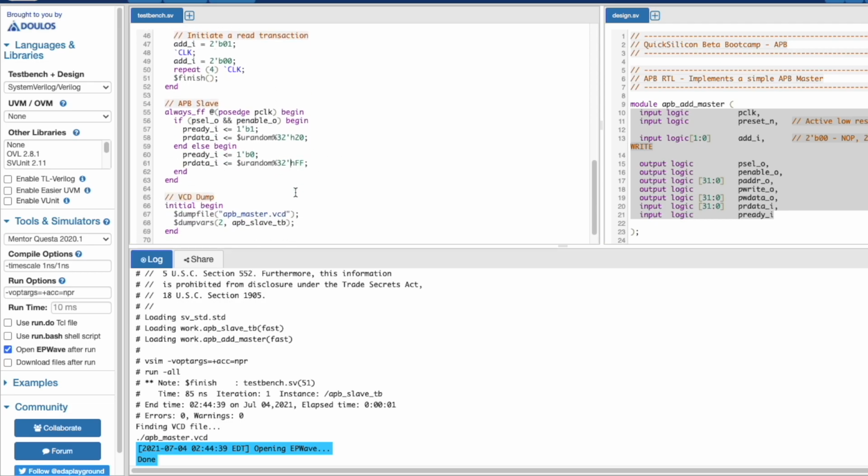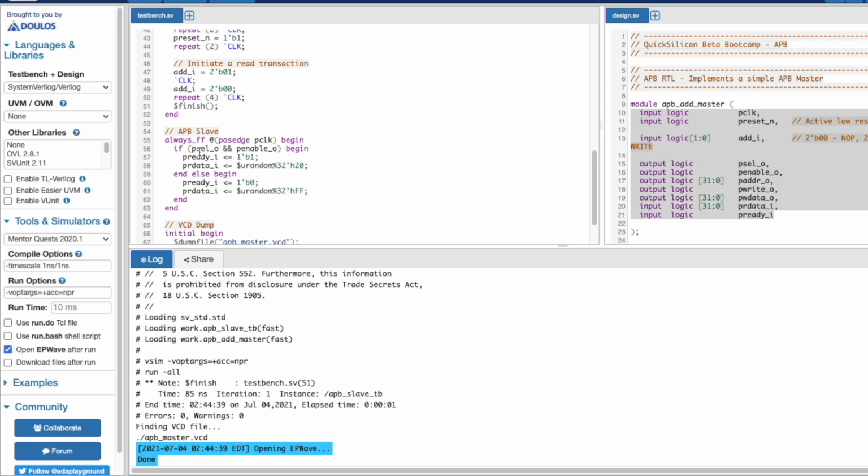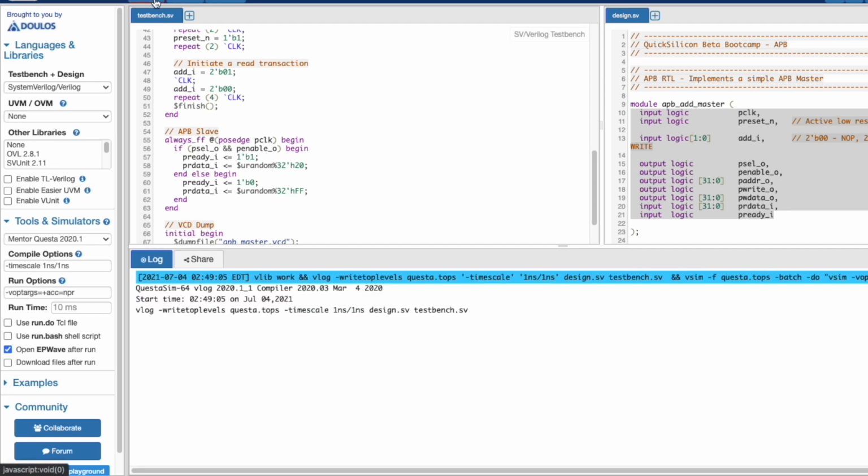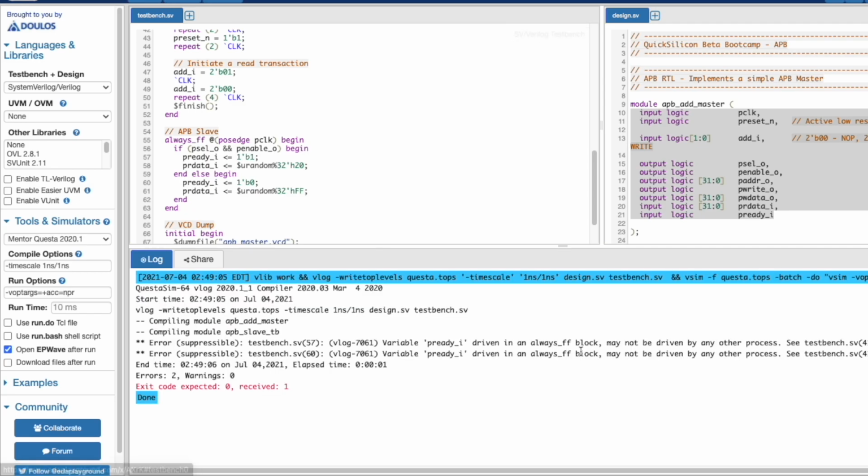Okay, so we will be driving a PREADY and PRDATA now, so the waveforms would look slightly better.